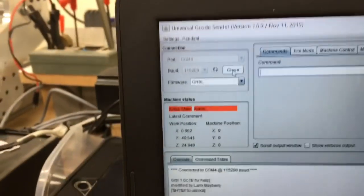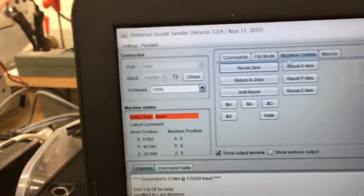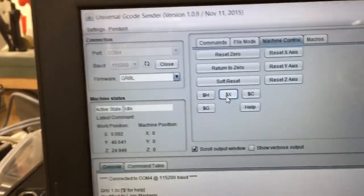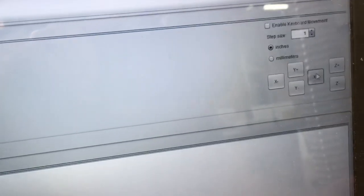Okay, I selected the open, and of course I get the alarm code because of the homing. So we'll click on the machine control and select the $X. Now then, as usual, I like to be able to test this out. I only want this at 1 though. And I want to move it 1 inch to the right. And it does. So I'm going to go ahead and set my XYZ now, and we're going to run this